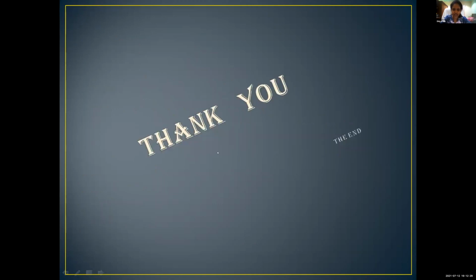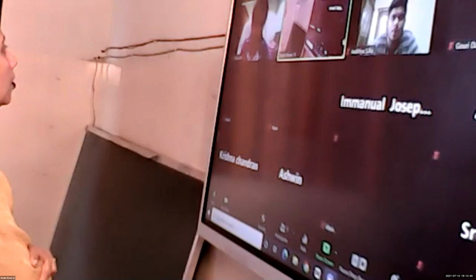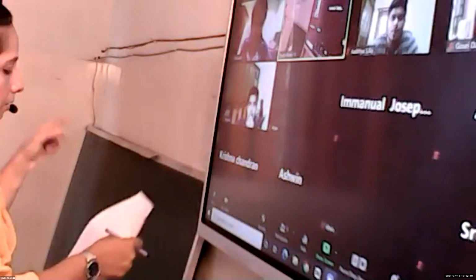That's all. Does anyone have any doubt? Yeah, there is a mistake in that print statement. In the print statement, P is a small letter, okay? All the print statements have a small letter p. Good, dear.